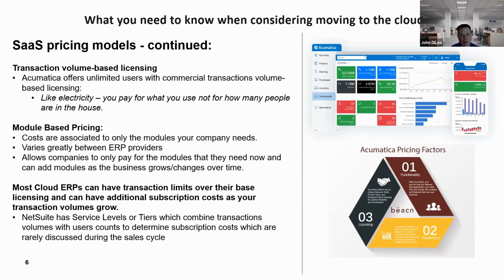So a commercial transaction is typically a sales invoice or an AP invoice. Those are typically, as a general rule, the highest. So if, as an organization, my monthly average for sales invoices is higher than my payables invoices, they only grab the highest metric. They don't look at all of them and add them up,